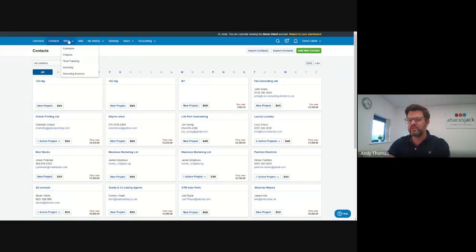Now, work is the area where you manage all of the money coming into the business. So this is your sales, if you like. So it's invoicing, quotes, estimates. It's controlling projects that you're working on, budgets, and time tracking. Now, I know every business is different. Not every business is going to use all of those elements, but where this is designed to help